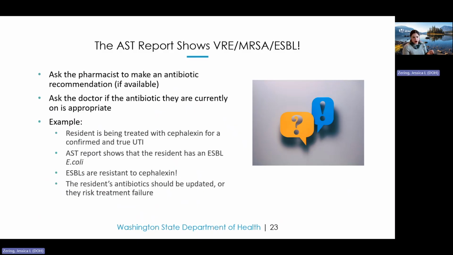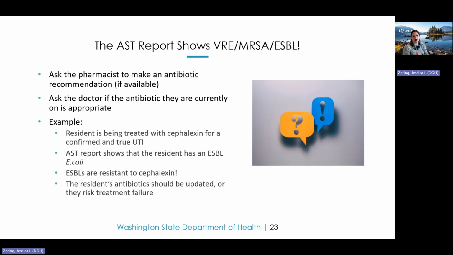Imagine for a second that you're an infection preventionist, you're looking at the culture and susceptibility / AST reports that have just come across the fax machine, and you happen to see a report that looks like it might be MRSA, ESBL, and we didn't talk about VRE. I'll quickly define that for you in just a second. But imagine that you see that. Now, what do we do with that?